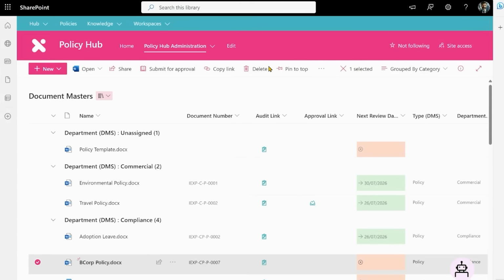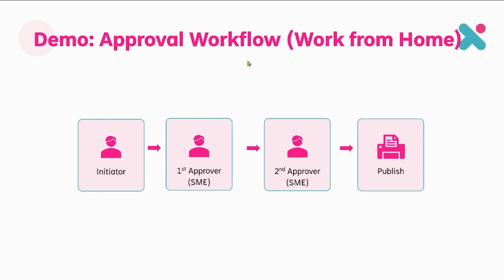And what we'll show in the next stage is how this has been converted from a Word document into a PDF for our employees to digest. So that was the first process. Now I want to run through a second scenario here, and this is where we've got subject matter experts aligned to a department who's going to help us with the publishing of that document. So let's go to our work from home policy, which we created earlier, and we're going to run through this